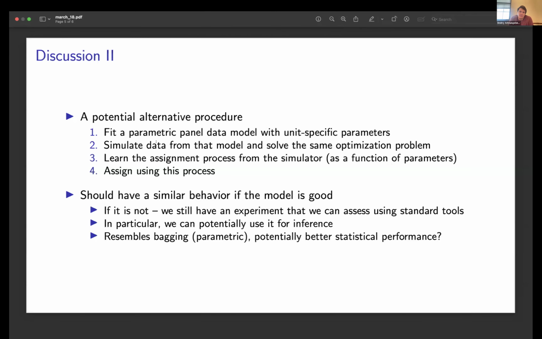When I was thinking about it, I was thinking that to some extent this resembles bagging, bootstrap aggregation. Once you look at the problems that Alberto was describing, they have this discreteness in them, which means that potentially you might benefit from these types of aggregation. We know that logic from decision trees to random forest. So maybe just doing something like that, even if it's not necessarily for inference, but just as a solution, this can have better statistical performance. Although I have no idea whether it's going to be exactly the case, it's just a thought.